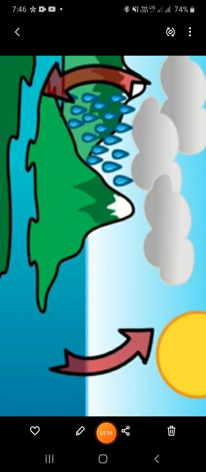But when there is too much collection of water droplets, the clouds become heavy. This means the cloud can no longer hold this much amount of water and the water starts to fall back in the form of rain. So we see both evaporation and condensation result in rainfall. So, the continuous movement of water from the earth's surface to the sky and back again to the earth's surface is called the water cycle.